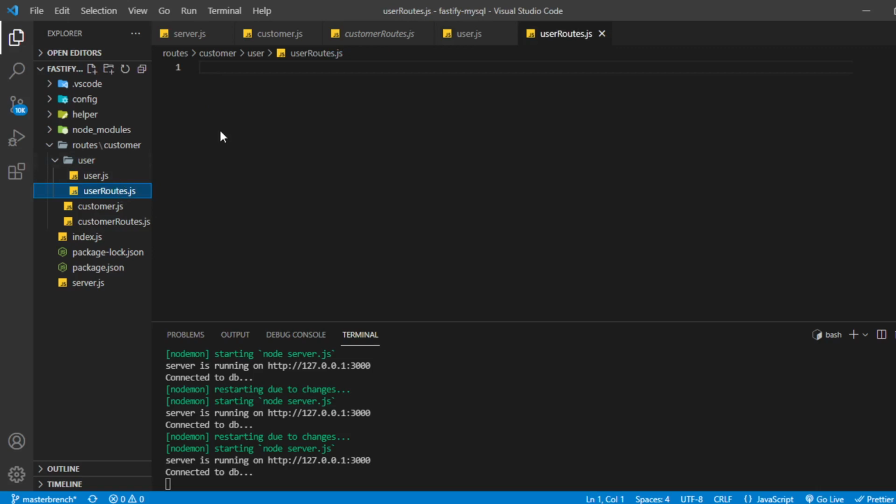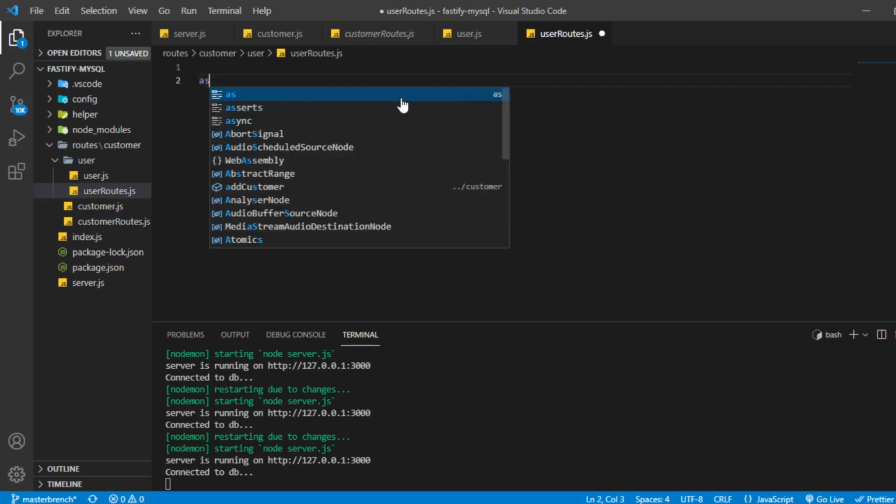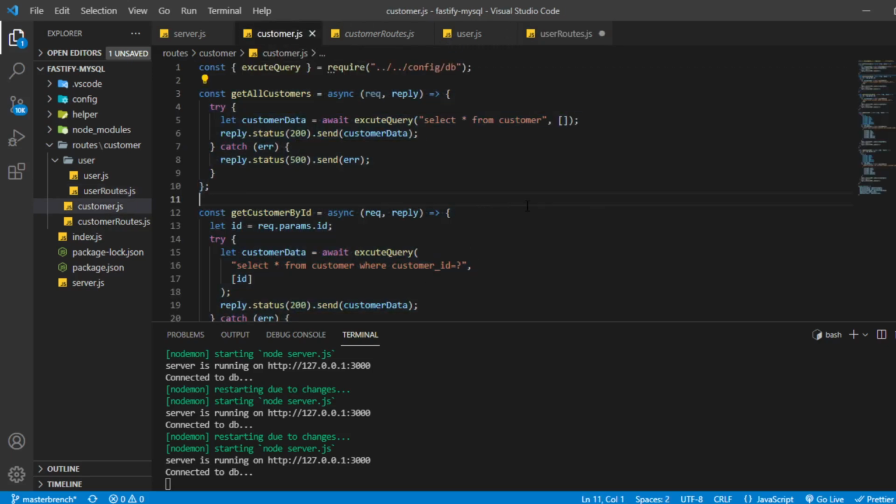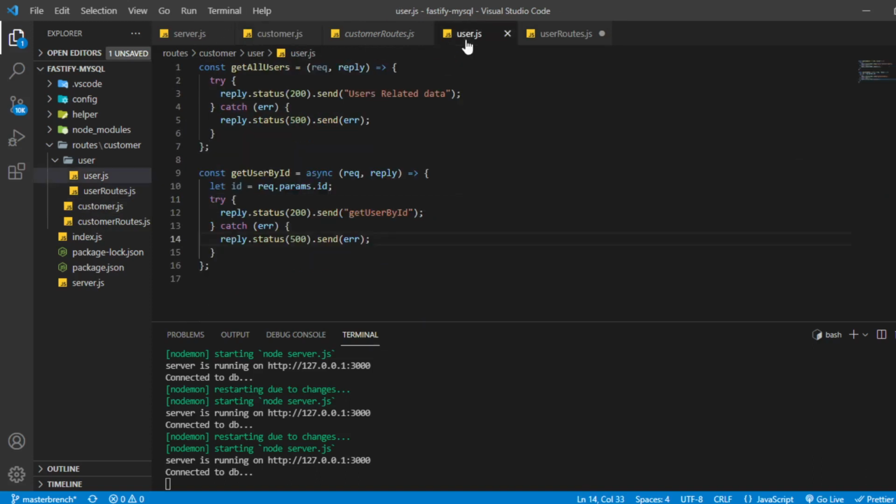Okay, now go inside routes, and here we'll simply make a function. First I'll create a function, and this will be routes, and here I need the customer file, because I forgot to export these functions from here.